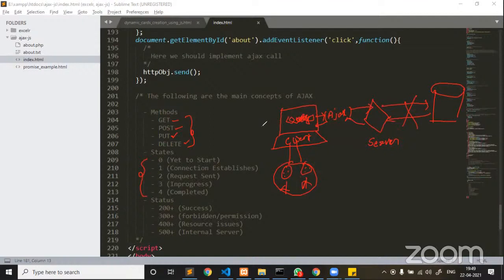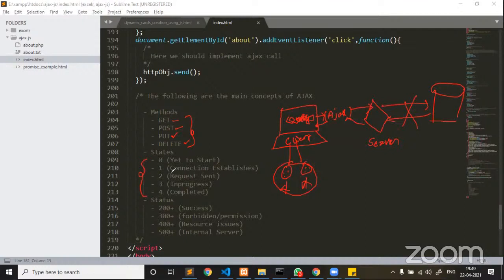Now, if you are sending a request from your home to a neighbor's home, you never know what happens in the neighbor's home. You must wait until the neighbor responds. So to handle what is happening at the network layer, that is where the Ajax layer also deals with those kinds of requests, to give a response back to your client.